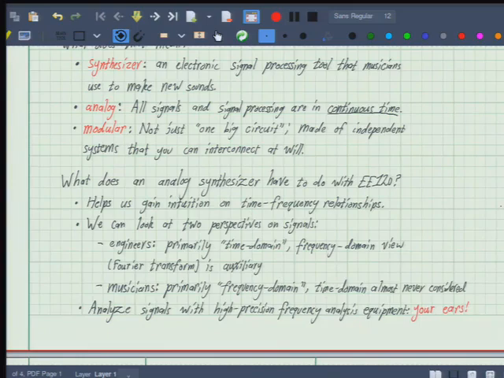It's our ears and our brains, which I think is an underutilized tool for understanding these kinds of things. And we'll see that there's actually a lot that our ears can do that a lot of this precision analysis hardware, like oscilloscopes, can't quite reproduce in exactly the same way. We'll see that our ears and psychoacoustics can do some pretty incredible things.